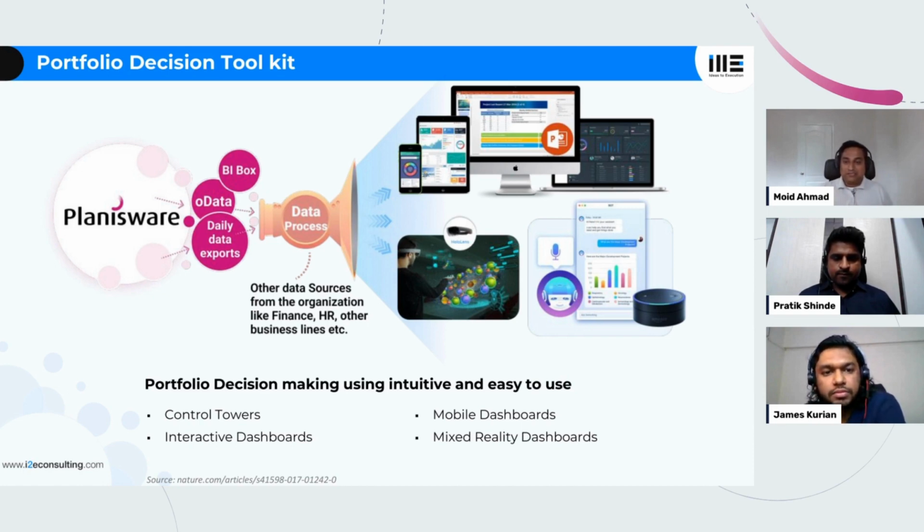How BI box is kind of a small data warehouse which can be hooked on to Power BI or any other reporting tool to get the reporting out of it. So Planisware itself is working on making this process more seamless and having the data available for the reporting. But every company has its own approach. A few organizations can go for BI box and utilize that for the reporting and dashboards.